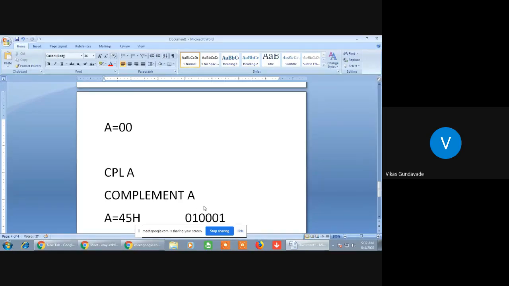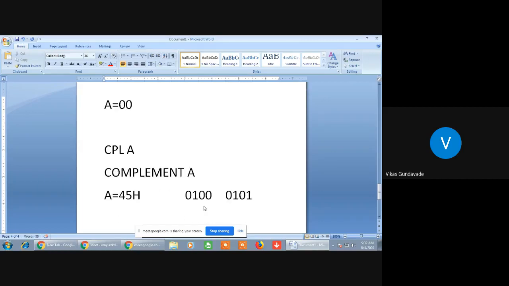0100 0101. Okay. So here the complement of the accumulator will be: complement of 0 is 1, then 0, 1, 1, and again 1, 0, 1, 0.